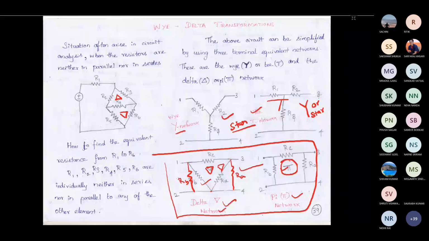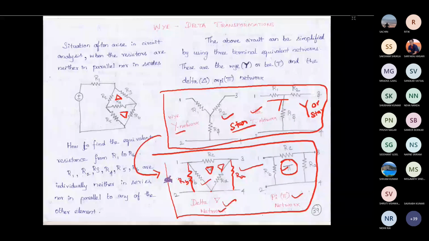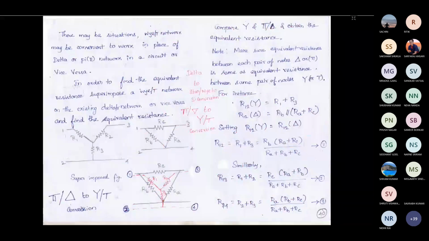So what we are going to do is convert from star to delta if we are not able to solve the problem as it is, or convert from delta to star if the problem is not able to be solved as it is. Okay, so let us go further. Consider this. This is a star connection, or Y or T. Whatever you call it, consider it in any way. Now this is a delta combination. So we are going to convert from one form to another.